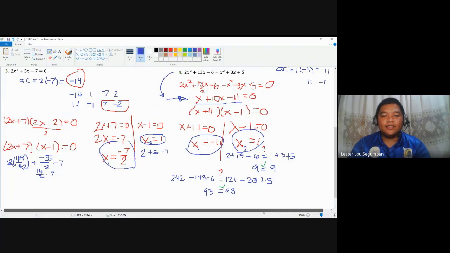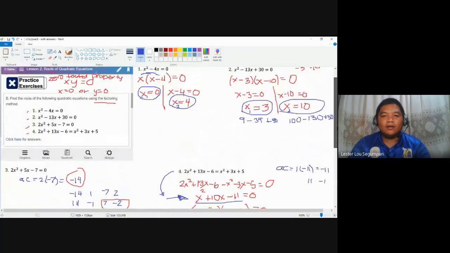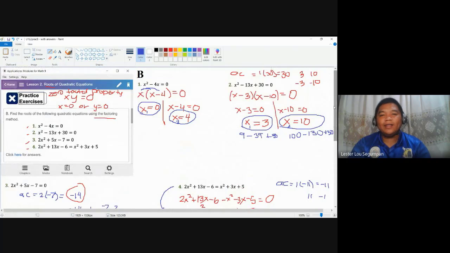So again, these are the processes that may be applied using the factoring method. And when is the factoring method easiest? Just like what I said in the previous video about when the square roots method is easiest. So when is factoring method easiest? Number one, if you cannot apply the square roots method. And number two, very important, the quadratic equation or expression can be factored. If it cannot be factored, the third method will come in and it will be presented in the next video.